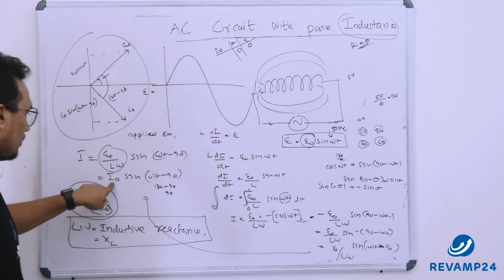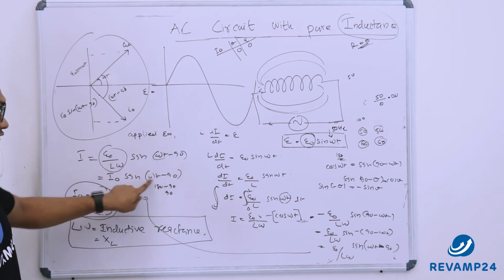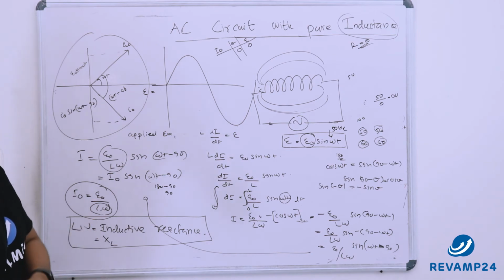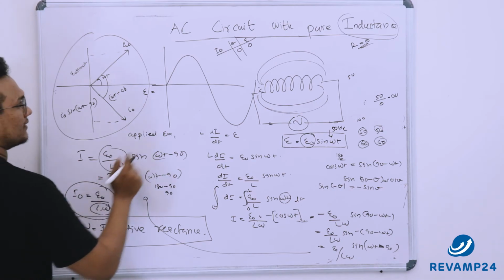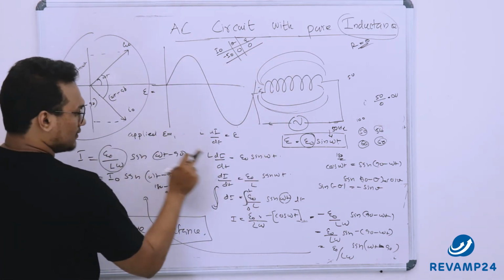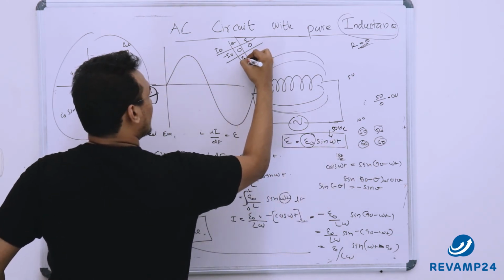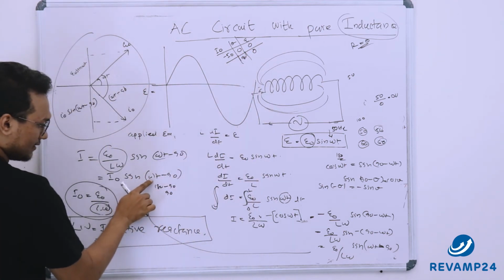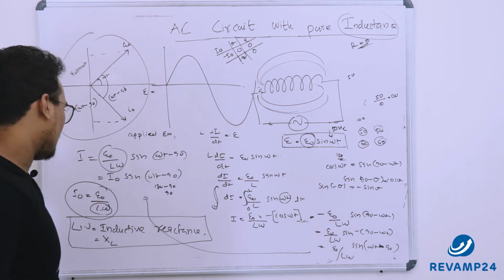But what will be I0? This will be I0 sine of minus 90. Sine 90 is 1, sine of minus 90 is minus sine 90, which is minus 1. So this would be minus I0. Now at 180, sine 180 is 0, so at angle 180, EMF would be 0, but this is 180 minus 90. What is 180 minus 90? 90 itself. Sorry,